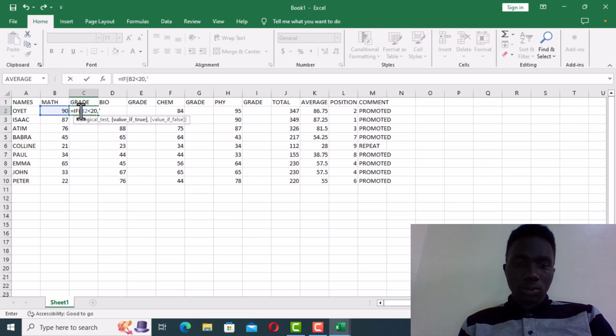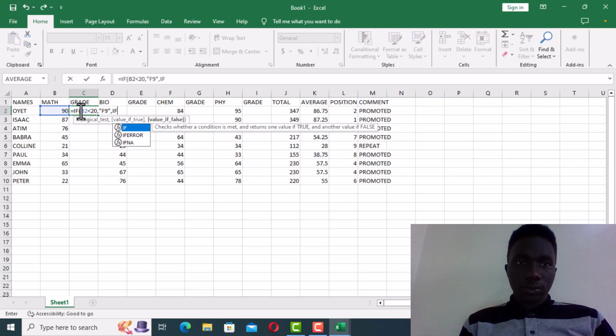Open close, F9, and you give them F9, and you close, and then comma,